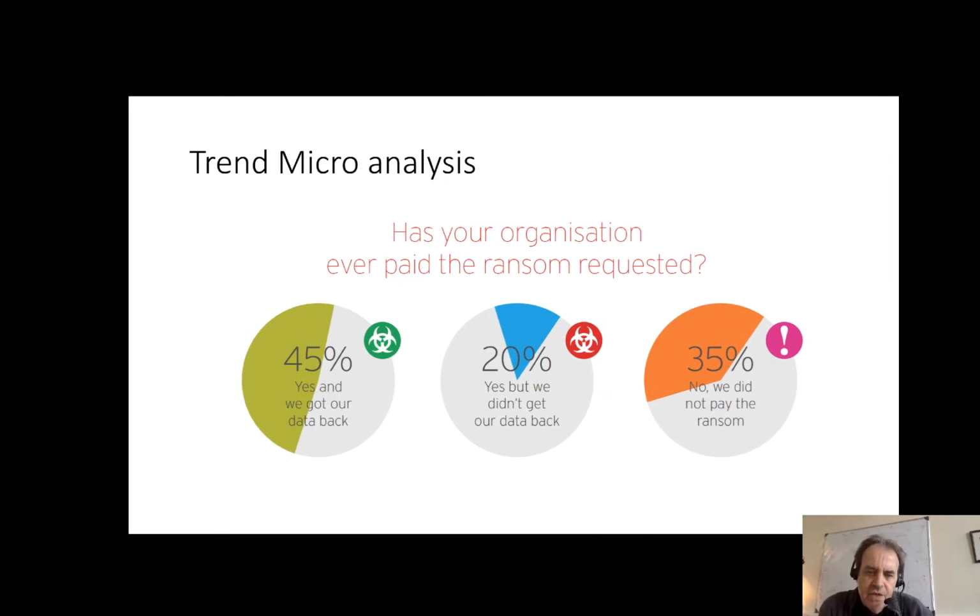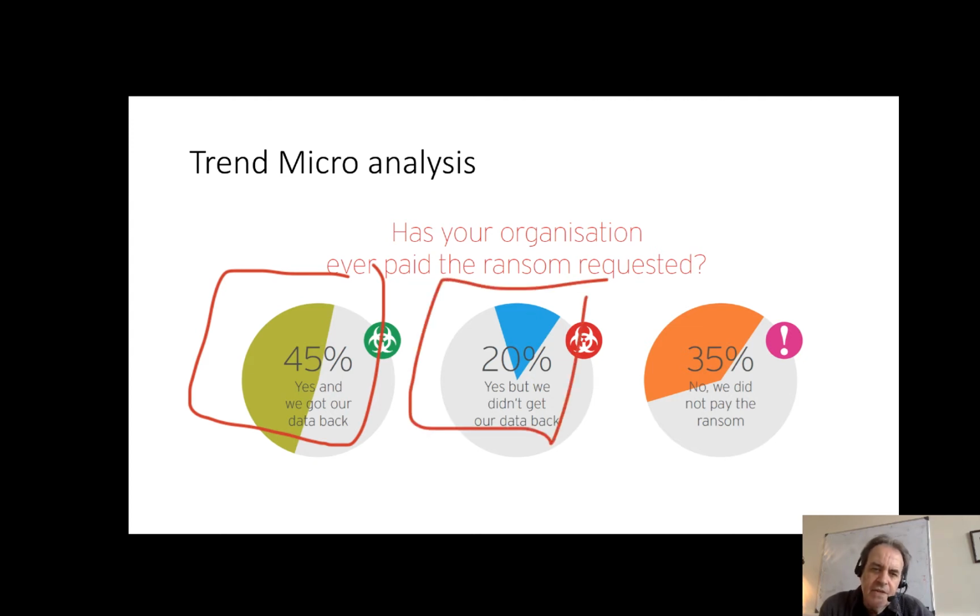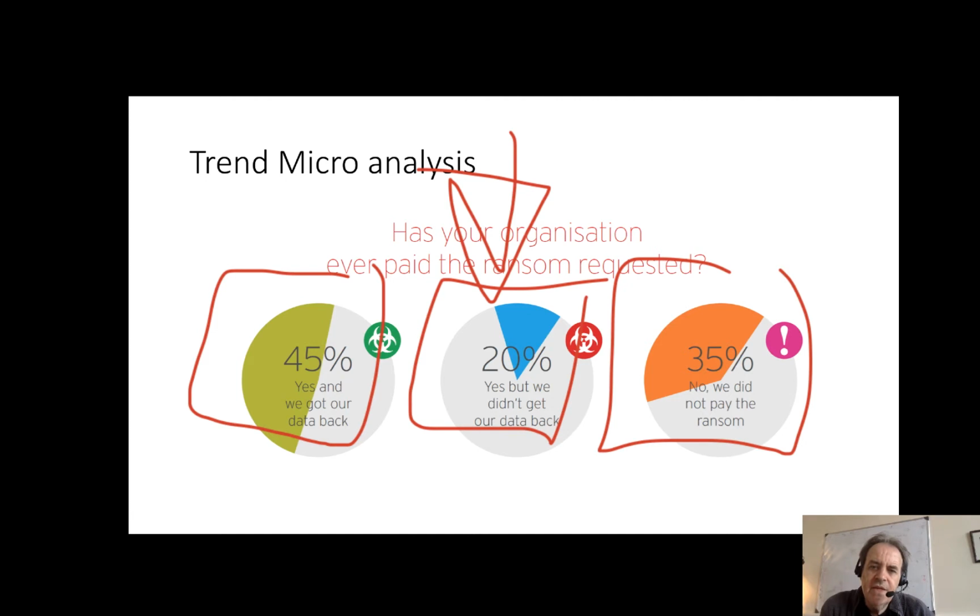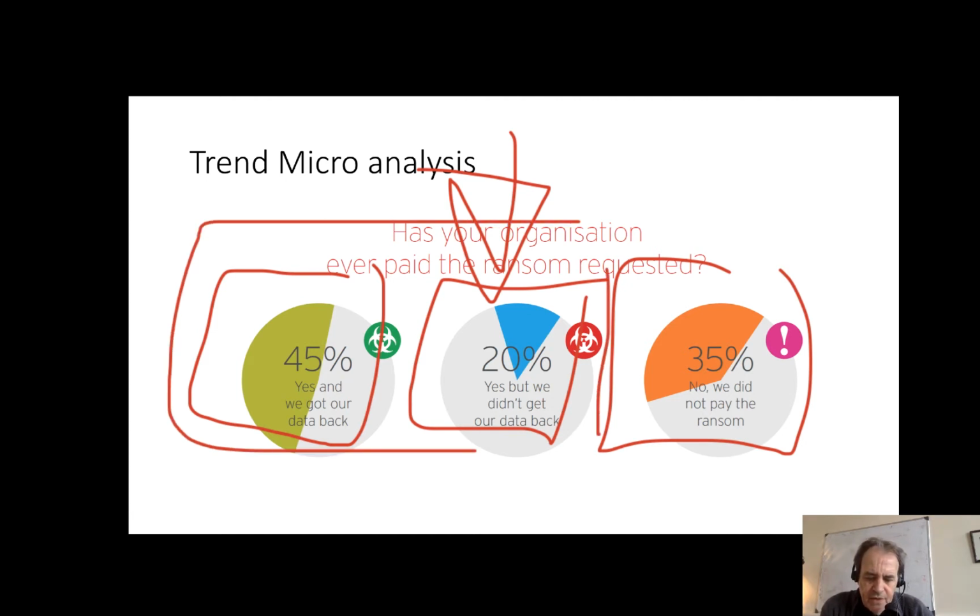And then it can be seen it's a fairly successful crime, in that 45% of companies paid the ransom and got the data back. 1 in 5 companies actually paid but didn't get the data back. So there's no guarantee that although you pay, you will actually get the data back. And only 35% here didn't actually pay the ransom. So this is a pretty good success rate for a cyber criminal, especially as the chances of being caught are fairly minimal.